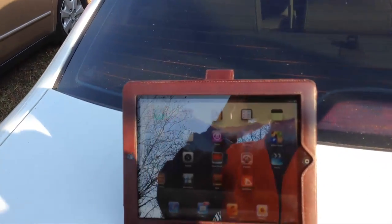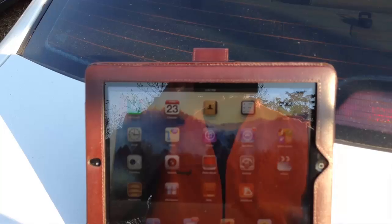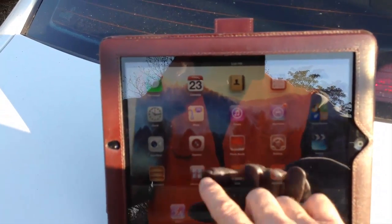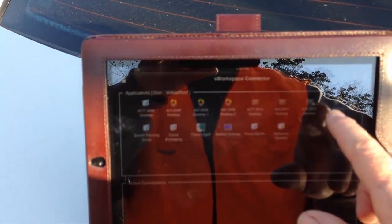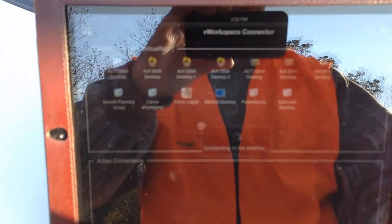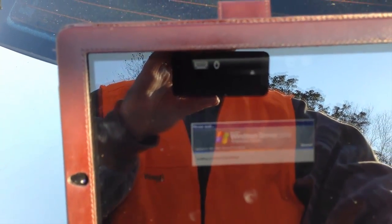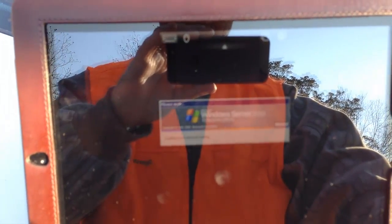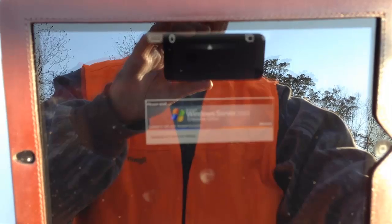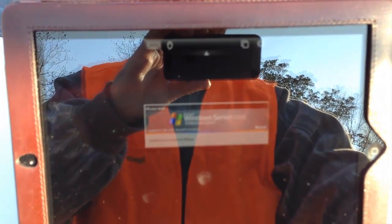And here is my iPad sitting on the back of my car. Hopefully you can see that okay. Going to be taking a trip down in the woods here in a little bit, and it is deer season right now, so that's why I'm wearing this orange vest. Don't know if that comes through in this video. What I'm going to do is launch vWorkspace, and log in to one of my desktops, one of my servers. So if you can see that, it's connecting. And as soon as this gets done, you're going to see a Windows desktop again. This is an iPad sitting on the trunk of my car